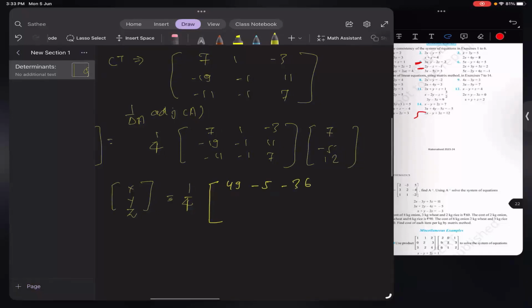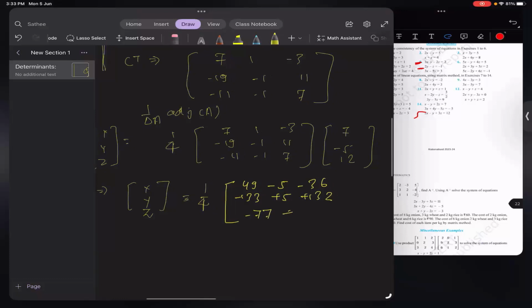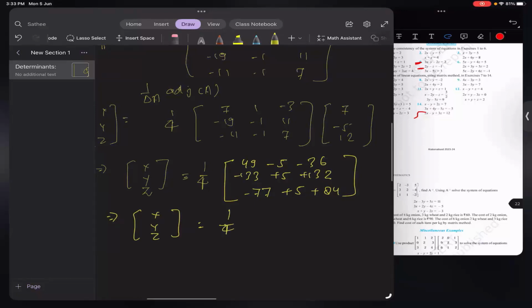And this term would be minus 133 plus 5 plus 132, and this would be minus 77 plus 5 plus 84. Okay. So finally, this is x, y, z, and this would be equal to 1 by 4 of,